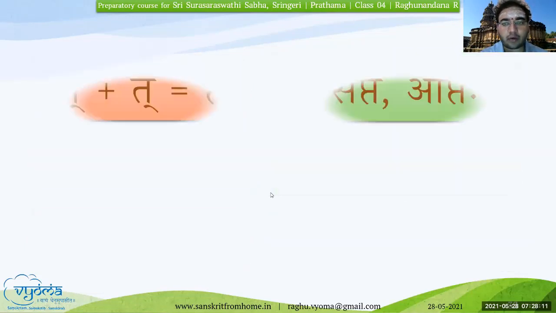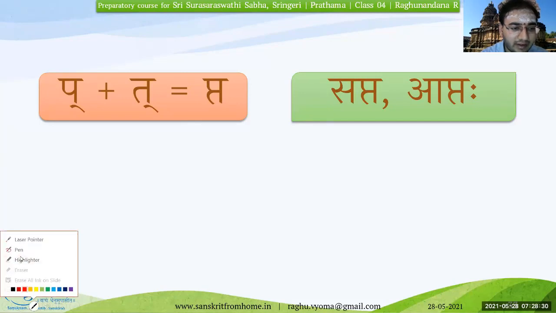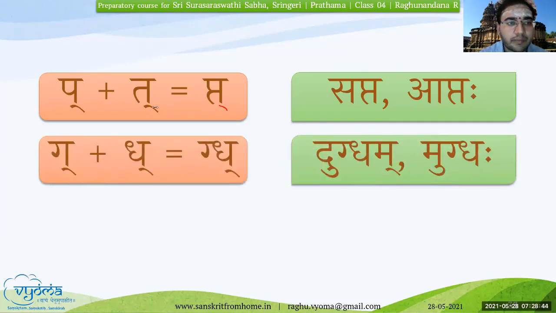We'll read out these words again. I call upon Ramesh Mahodaya. P, T, T. Yeah, it is T. Kshamatam, there is a typo in the slide. So this letter is again a half letter. T. Sapta. Aptaha. Very good. Next one. Can you read now?